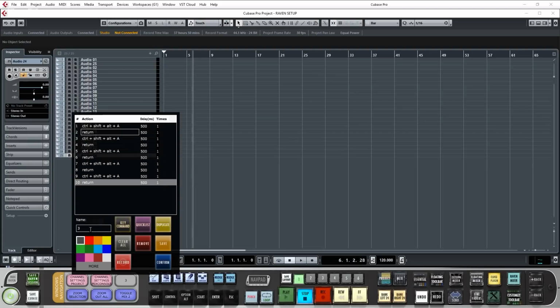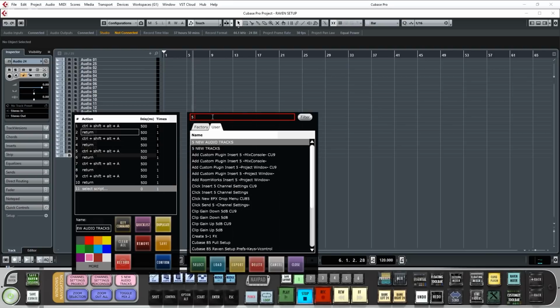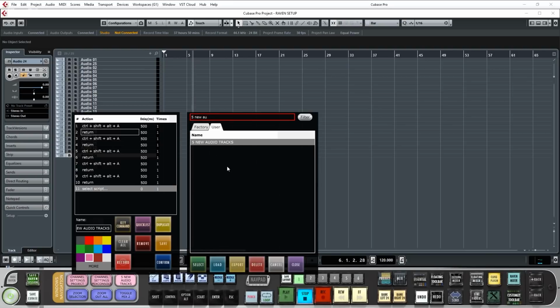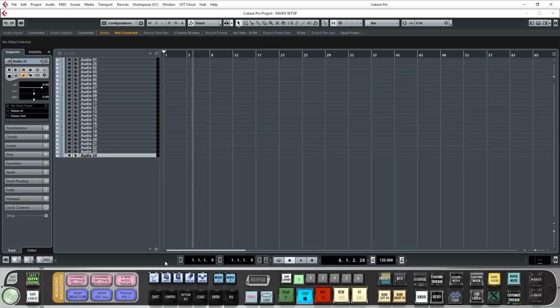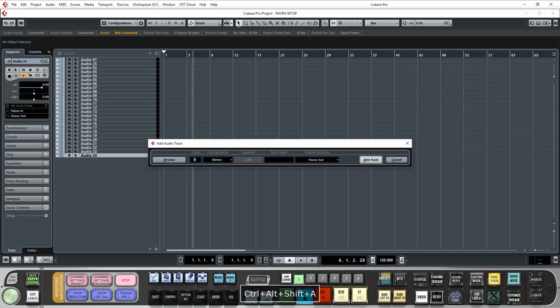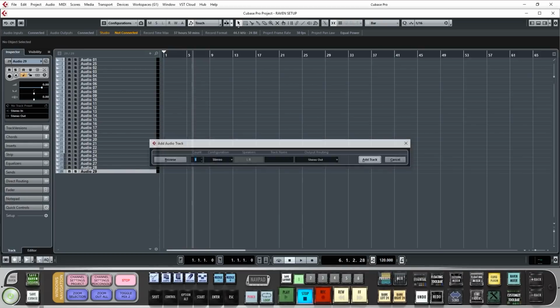Now, I'll name the batch command 5 new audio tracks and give it a color by touching one. To save this batch command for future use, I hit the Save button. It is now located in my User tab to quickly recall later. To lock in this custom batch command into my Open Batch Command button, simply hit Confirm on the batch command menu and now try touching the batch command and watch it create 5 new audio tracks for you automatically.